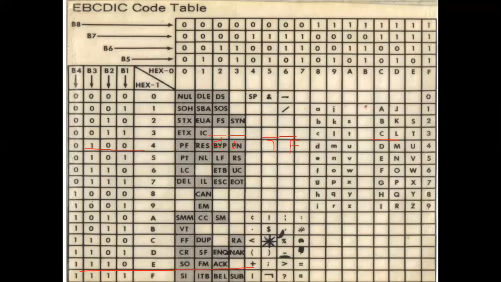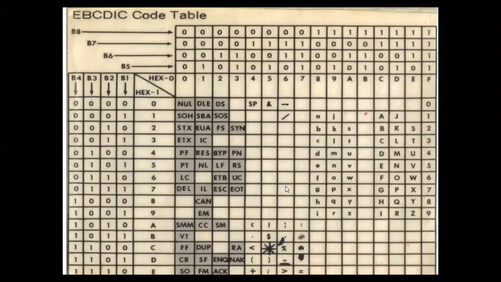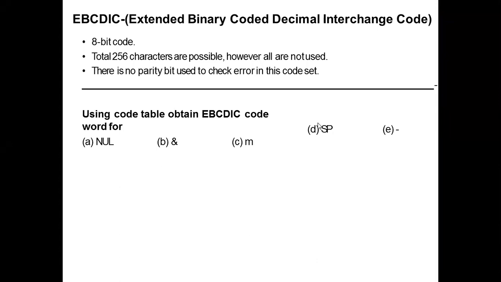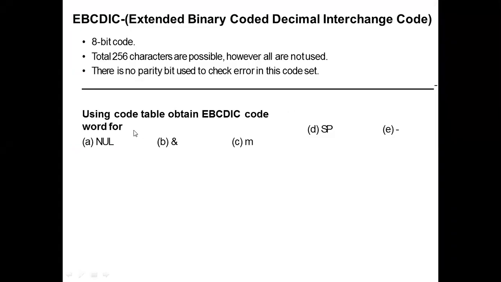Okay, amma? So in the next class, we are taking the next topic, that is error detecting and correction codes. Okay, all of you practice these tables today. Okay, so this is the ASCII table and this is the EBCDIC table. Okay, amma? So all of you practice this and do the problems which are given here. Okay? So thank you.